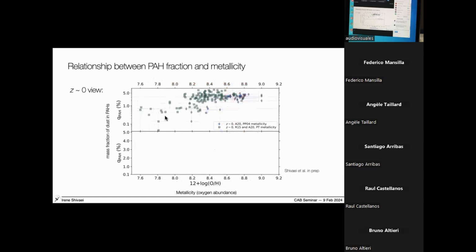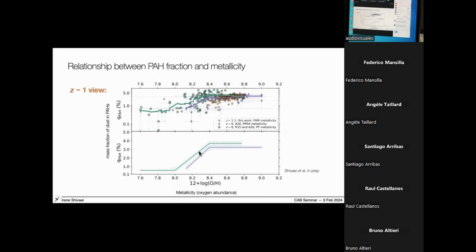Here again, I'm showing a compilation of redshift 0 studies. They're in different colors because the way they derive the metallicity is slightly different. So for completeness, I showed all of them. But again, if you remember, we see a high value at high metallicities, and then they drop with a large scatter. To just give you a better illustration, I'm also showing here the running median value for these two samples and a fit to the running median in the bottom panel.